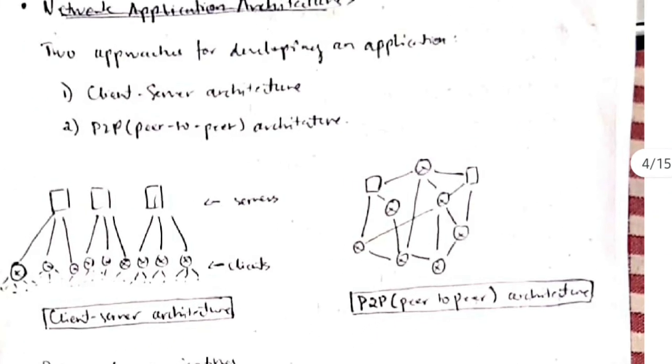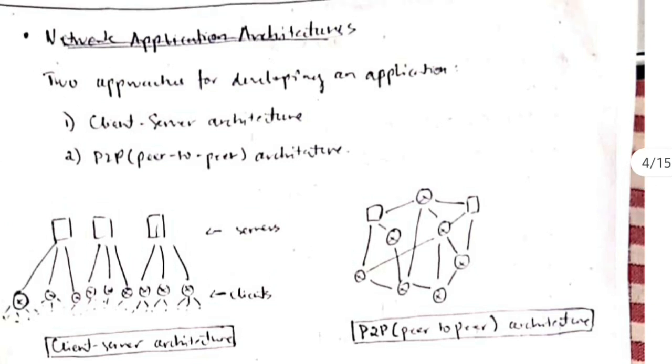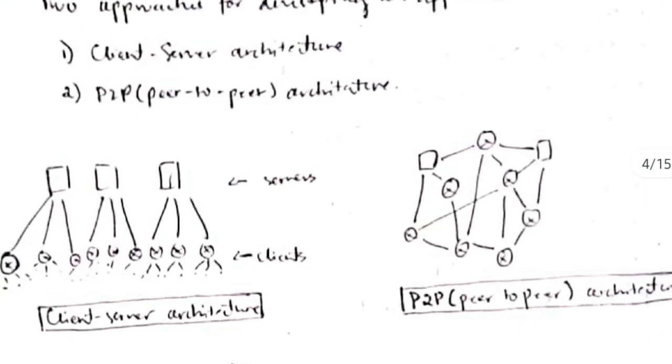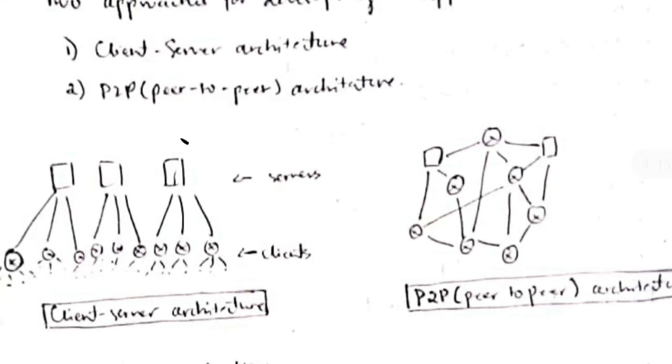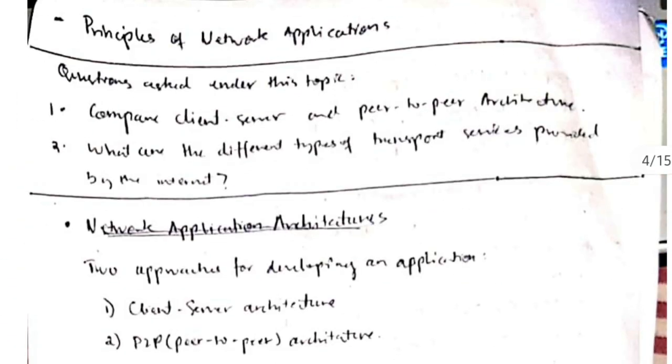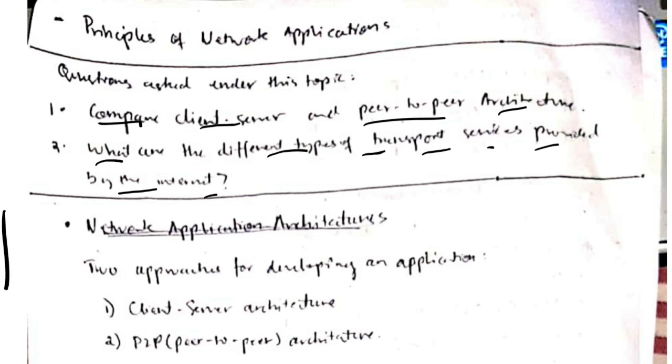So this is the main difference, and in the exam what you have to do is go through the notes and see what the other differences and features are, but this is the main point which I have discussed here, okay. And accordingly you have to write, if they ask for the comparison, at least 5 points, okay. And the next question is, what are the different types of transport services provided by the internet, okay. As we go on, we will find the answer to this question also, okay.